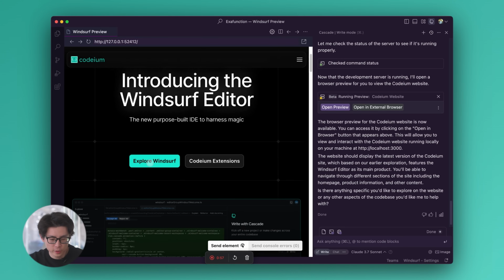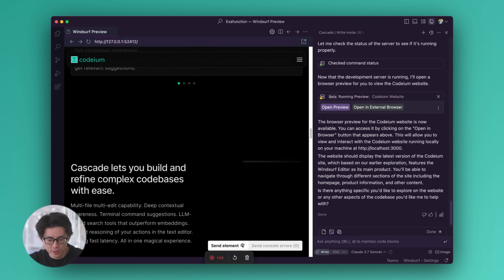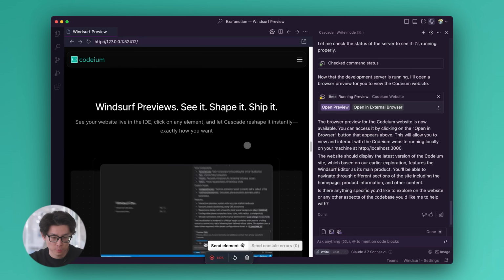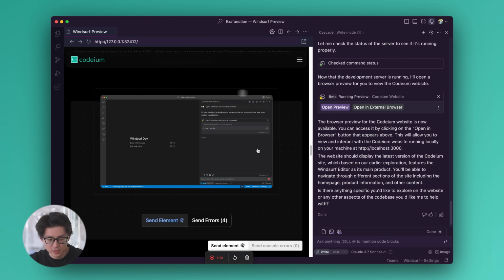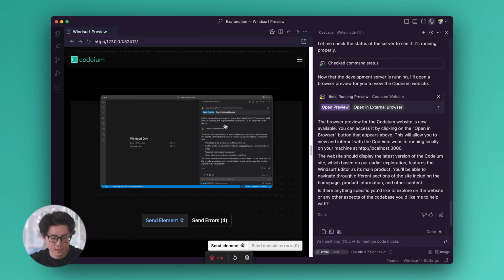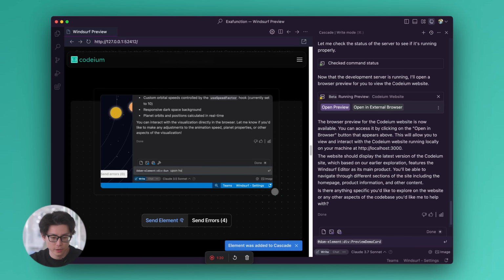I'm going to navigate to the Windsurf page, since that's the page that I want to make changes on. So I'm going to scroll down a bit. The section I want to change is the one talking about this feature, browser previews, directly in the web page. So I want to add a fun little Easter egg. When I mouse over this video component, I want to make it look like I'm selecting it through the browser previews feature. So when I mouse over it, I want to have an overlay that has a slightly transparent fill